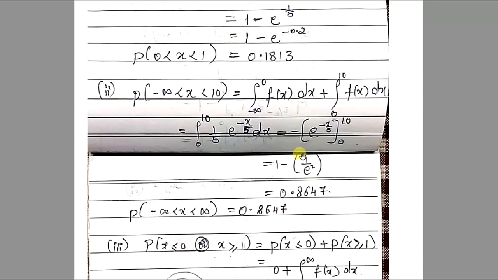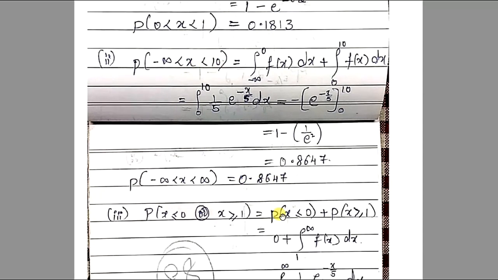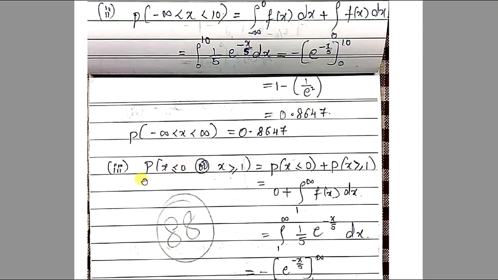I hope you will come to know these simple steps of basic mathematics. You can do this as an engineering student. Okay, so this is the value you will get for the second sub question, that is probability of x less than 10. Sorry, it is 10. Please make it 10. It is not plus infinity, it is 10. Okay, so this is the problem. For the same problem we got 0.8647.